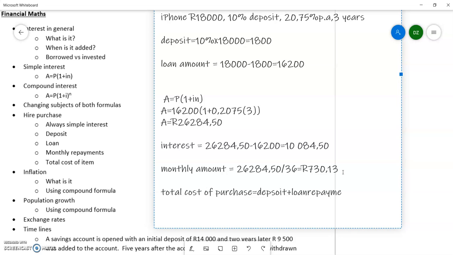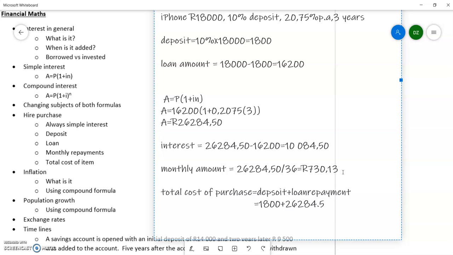Loan repayment is the one that includes the interest. So you want to know all the money that you've had to take out of your pocket to pay for this iPhone. So if it was 1,800 Rand for the deposit and 26,284 Rand and 50 cents for the loan plus interest, this thing that was going to cost me 18,000 Rand